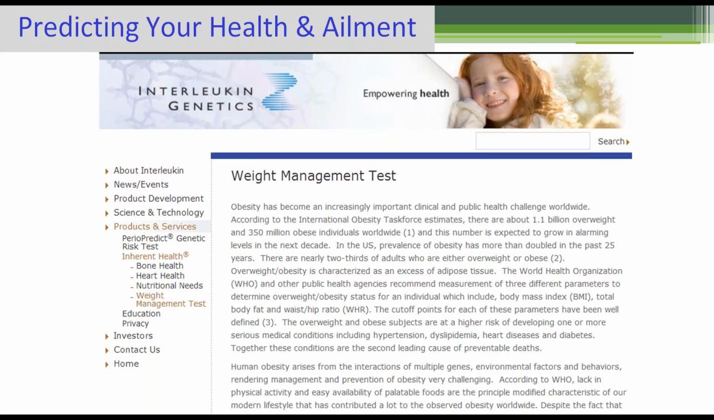What this company, Interleukin Genetics, does is collect thousands and millions of samples of human genomes. They've decoded all the human genomes, and they find out through pattern matching, neural networks, and deep learning: can I predict whether this person will be obese in the next 10 years? Can I predict whether this person will be susceptible to cancer? Can I predict the propensity of this particular patient to be likely for a